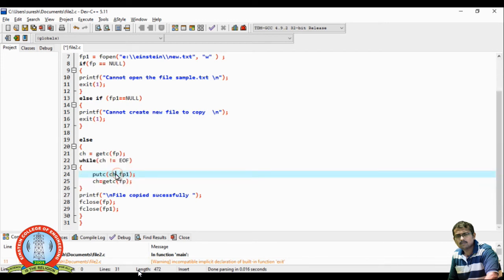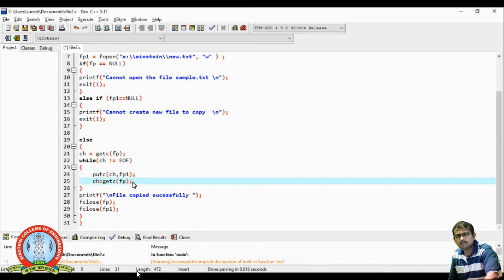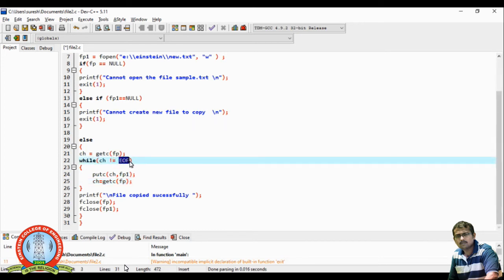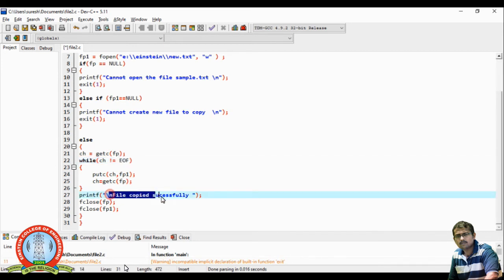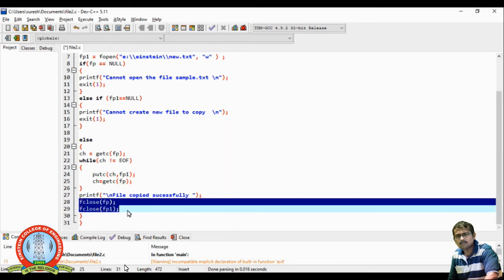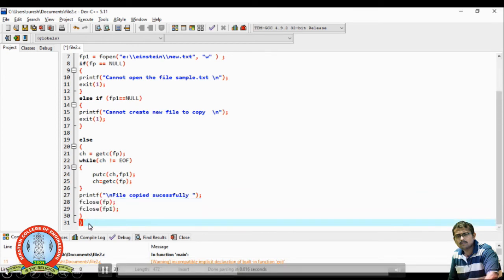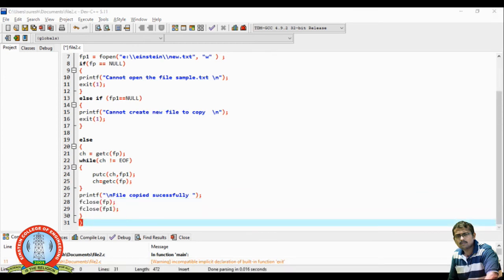Now putc puts the character read from fp into fp1: putc in fp1 and getc from fp. Here fp indicates sample.txt, and fp1 indicates new.txt. This executes until EOF, and finally I say that the file has been copied successfully, and once copied, I close all the files.